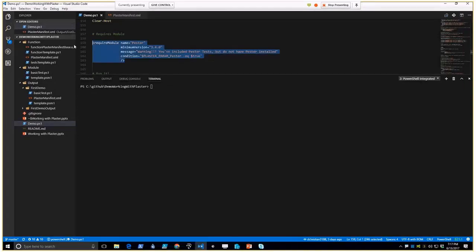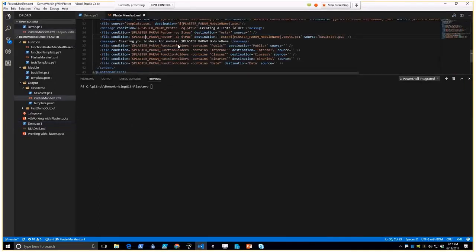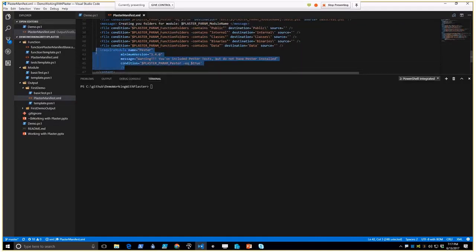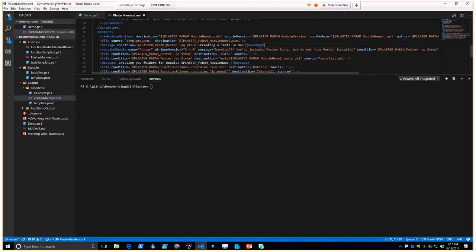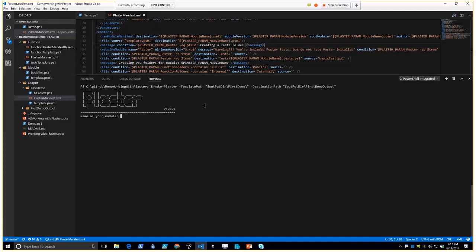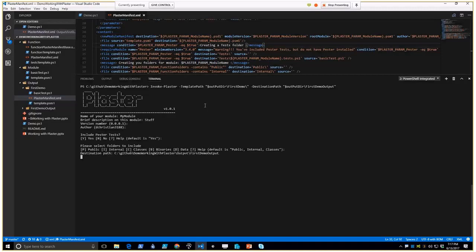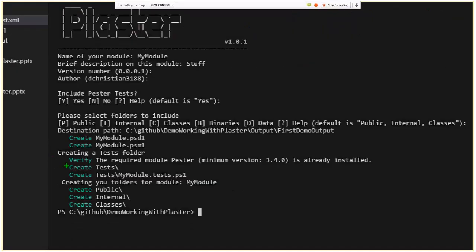Let's see what that looks like. And actually, I want to put this closer to my Pester stuff here. All right. I'm just going to next through this. Okay, great. You see here, this verify section. Pester is installed on my machine, so our verify passed. But